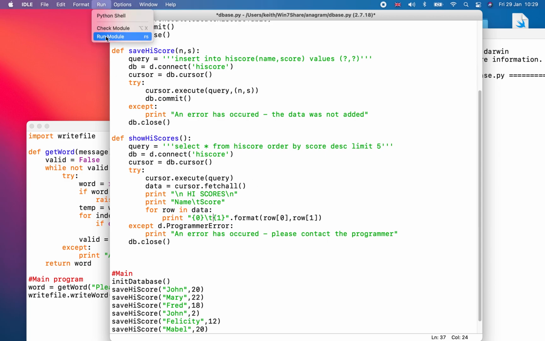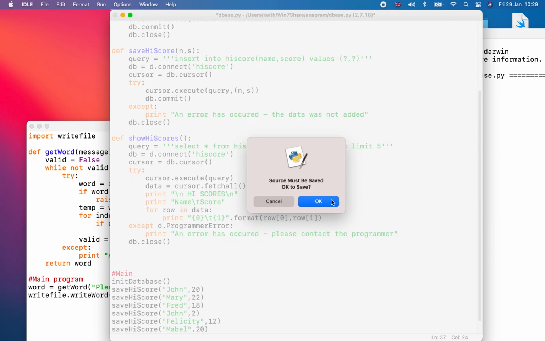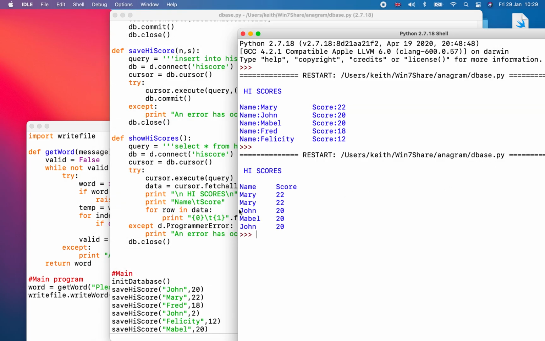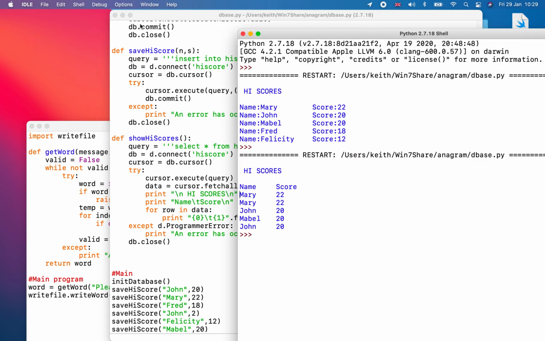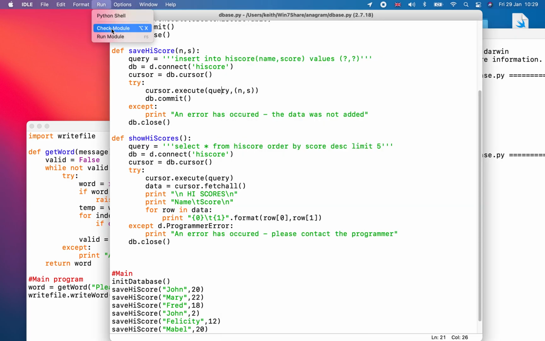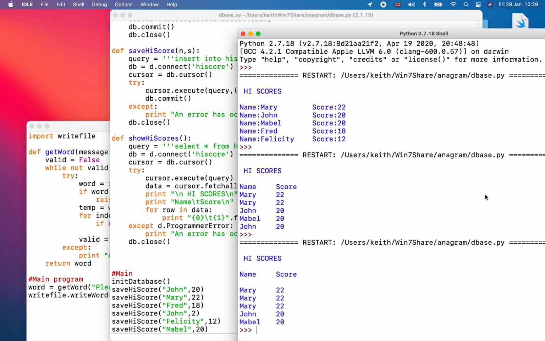So if I run this, there we go, high scores, name, score. And perhaps at the end of there, we can put a new line so that we get a gap. Let's run that one again. There we go, high score table, name, score,